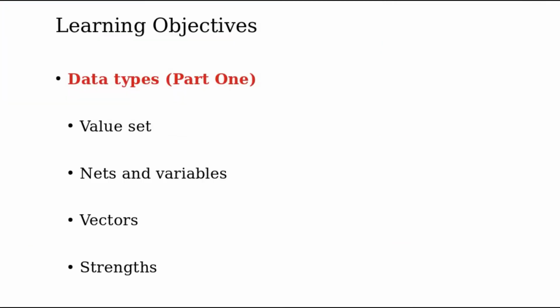In this video, our learning objective is to describe a few data types. Data type is the key topic to be learned for any programming language. Basically, data type is an attribute of data which tells the compiler or interpreter how the programmer intends to use the data. Therefore, it is a very important topic. Verilog HDL has different data types. Some of them are discussed in this video, such as the value set used in Verilog HDL, net and variable data types, vectors and strengths. So let's start.